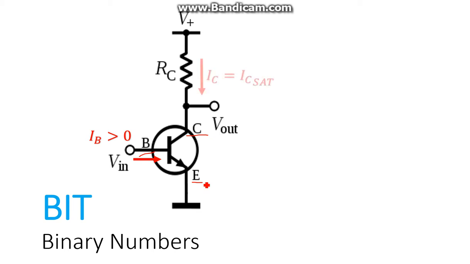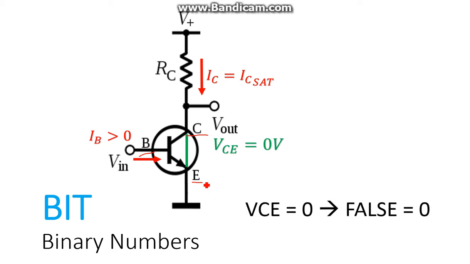The collector current will be at a maximal level, which is called IC-SAT, and the voltage between the collector and the emitter is zero, because now the switch is closed. This is what we call a logic state of zero or false, because we have zero volts between the collector